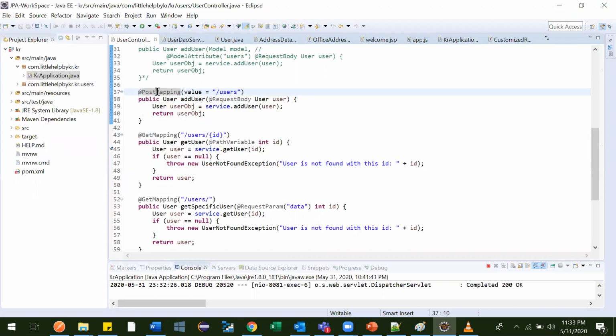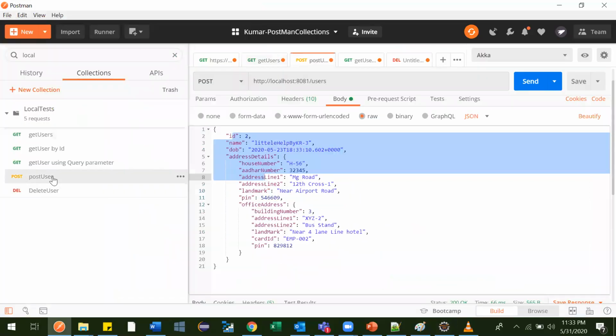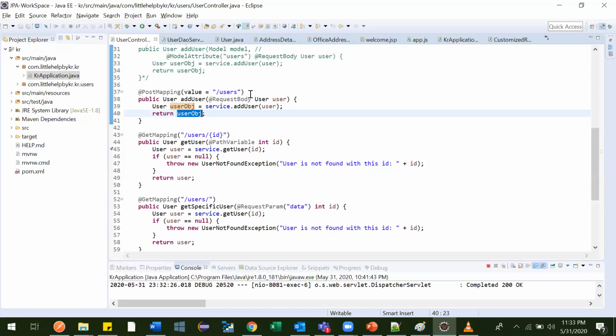Here it is mentioned. So this is the POST request, and it needs a request body. What body does it need? It needs one user object. Then it will add the user in the database, and then return that user in the form of a response.